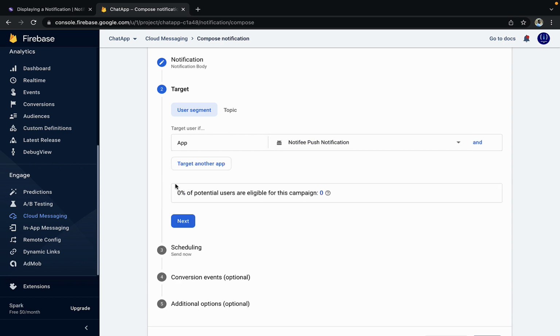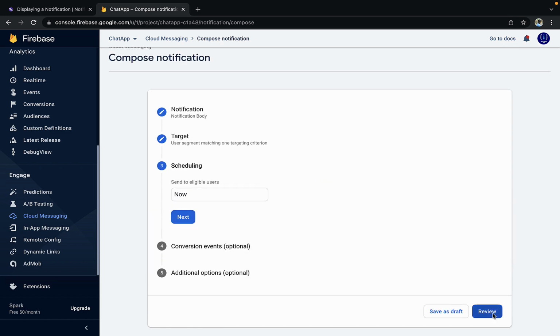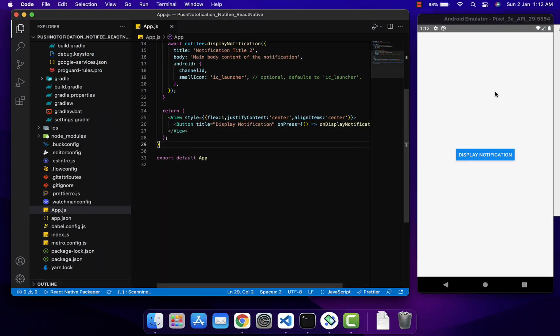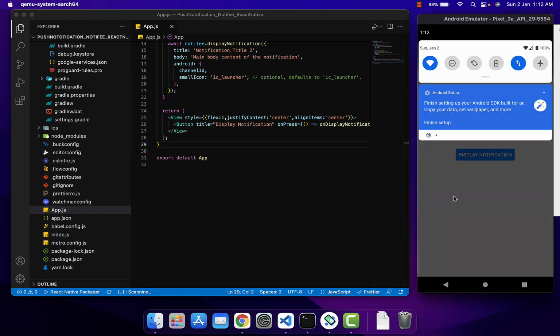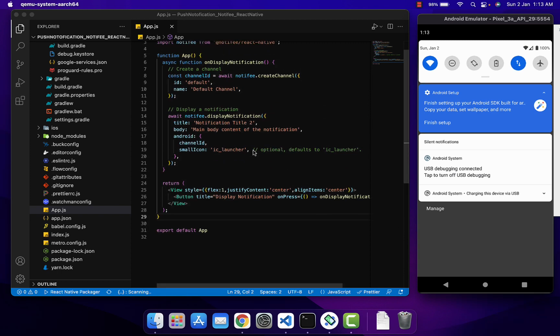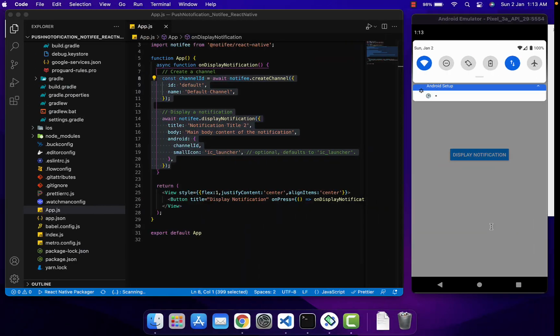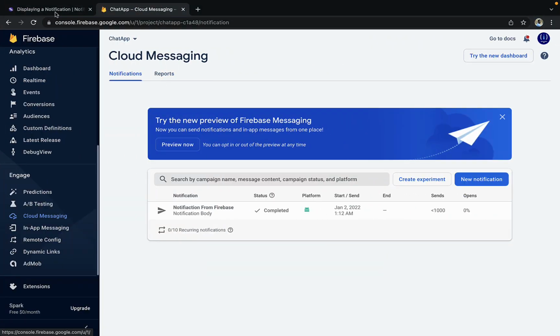If you click on review and publish, the notification is published, but I don't think we will receive any notification over here, because we implemented display notification. It's a kind of local notification inside your application, but we haven't implemented anything regarding the notification you're receiving from Firebase. So for that particular scenario, if we go to the document,